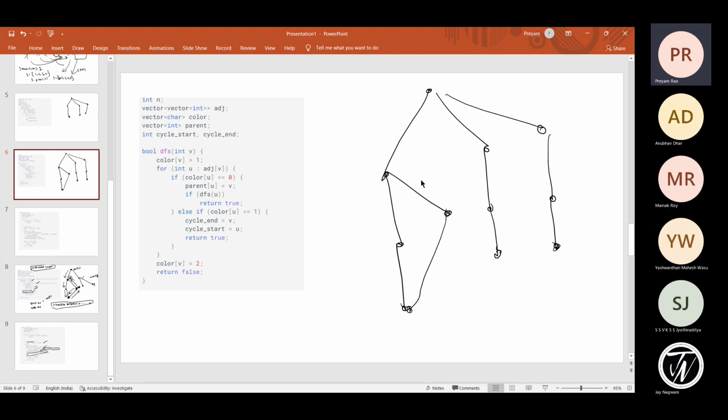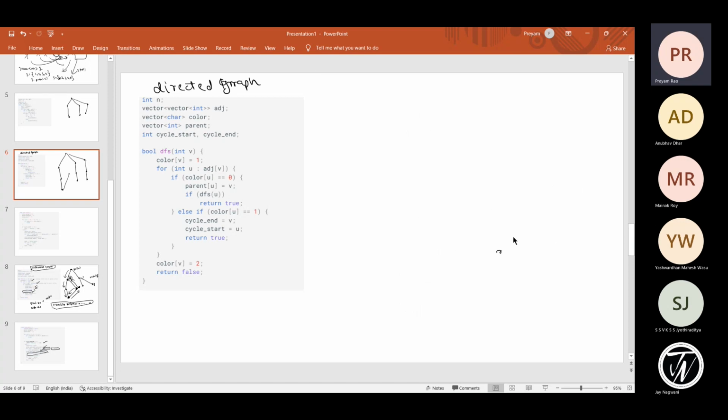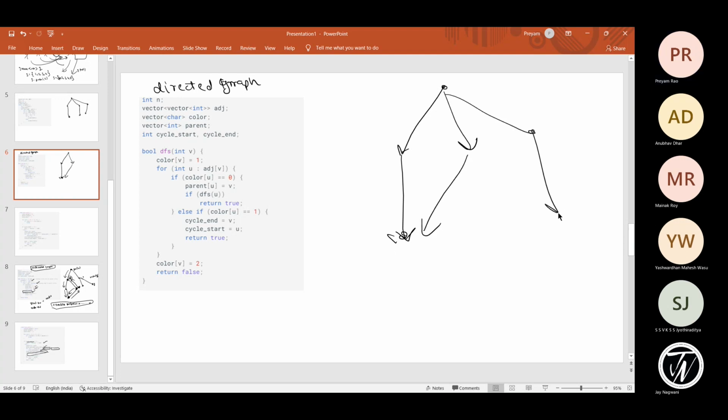Now, why is it different in a directed graph? Why is it different when we are looking at the case of a directed graph rather? Now, the only difference between a directed graph and an undirected graph is the existence of back edges. Right. So now notice